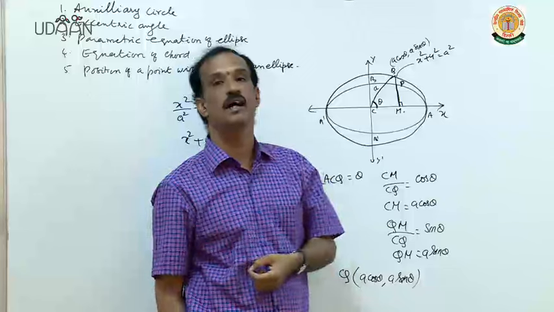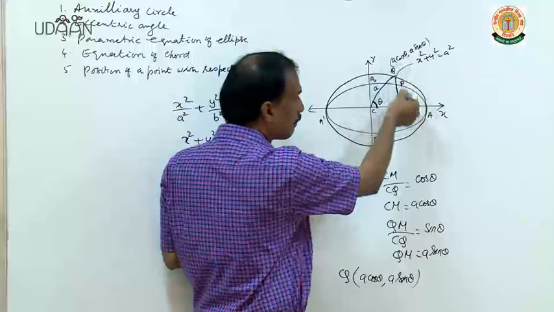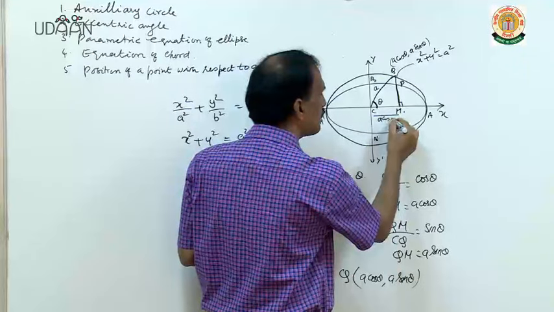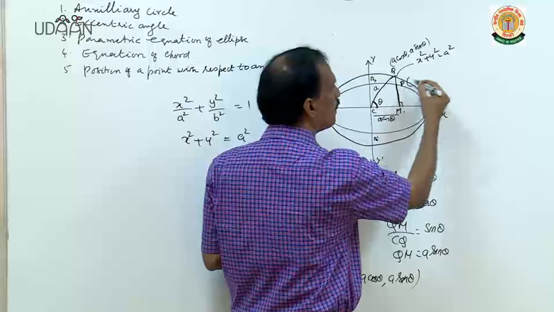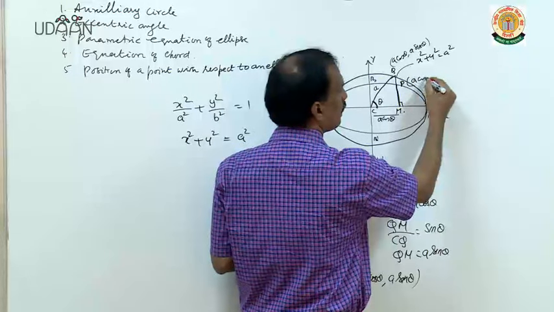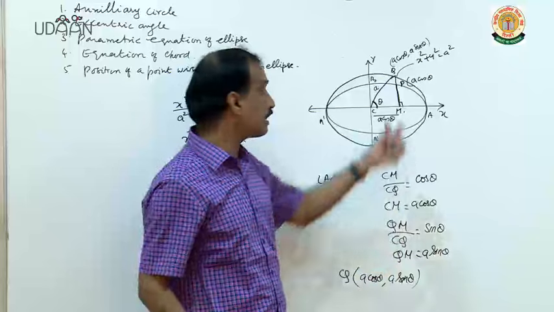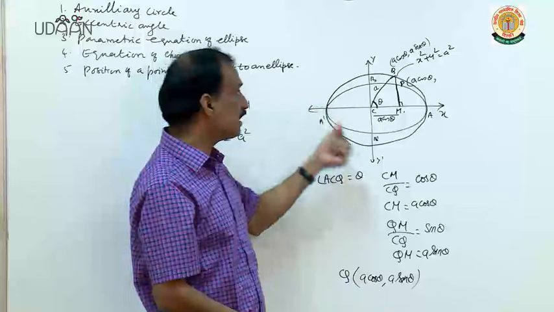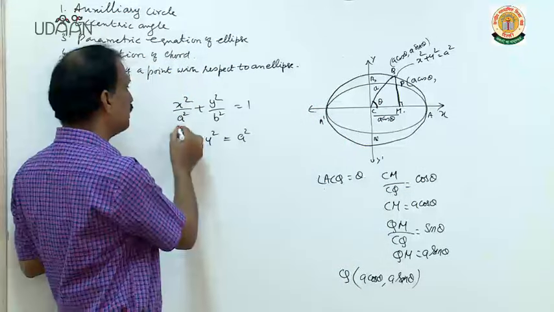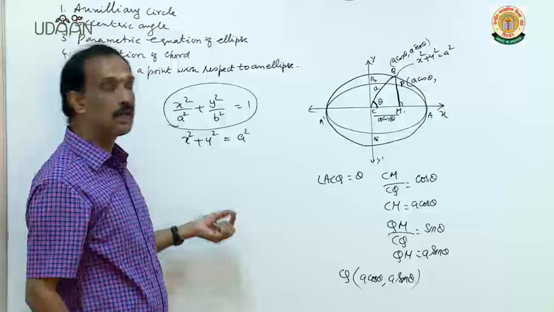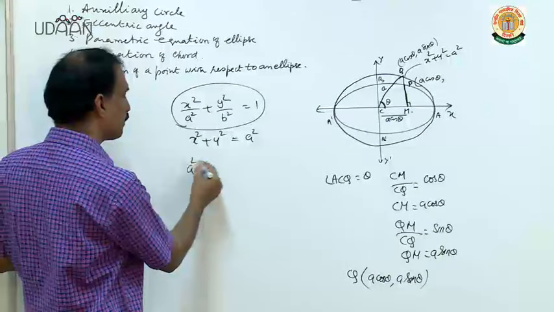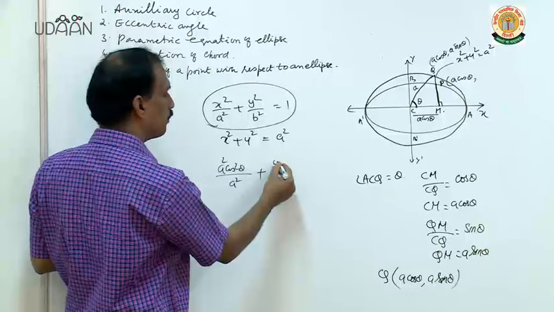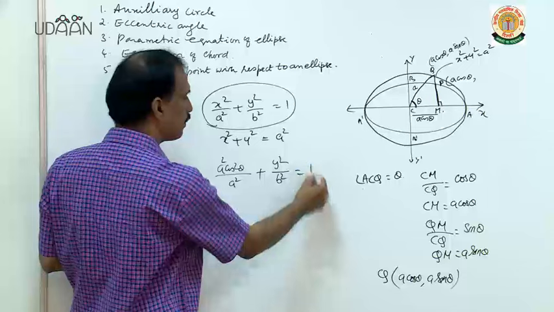What do we need to find? The coordinates of P. Now this is a line perpendicular to the x-axis, and this length is a cos theta. So the x coordinate of P is a cos theta. What do we need to find now? The value of y. So substitute this value a cos theta into the ellipse equation: a square cos squared theta upon a square plus y square by b square equal to